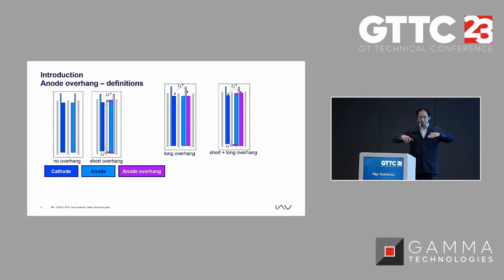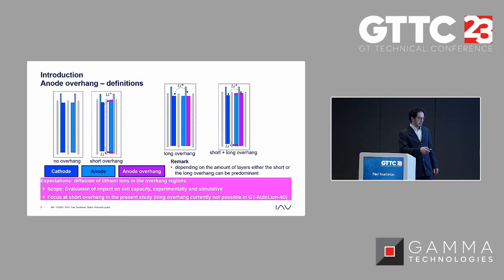If you have several cells in an assembly, then the last one will have no partner layer, so basically will stay as a kind of inactive region. And depending how many layers you consider, if you have one layer, for sure the long overhang would dominate. If you have plenty and even more layers, then this one layer effect might be negligible in comparison to the